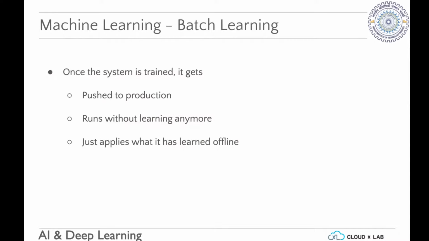That's about it. So again, once the system is trained, you push it, you're happy, and it runs in production. So it now keeps running, but it doesn't update anything. It's just running. The last trained algorithm is used every time. So whatever has been learned in the offline training process is used. There is no more training running. If you want to train anything again, you have to take the whole system offline and put the entire new batch into the system. That's how you do it.